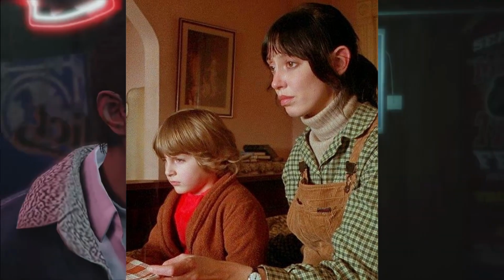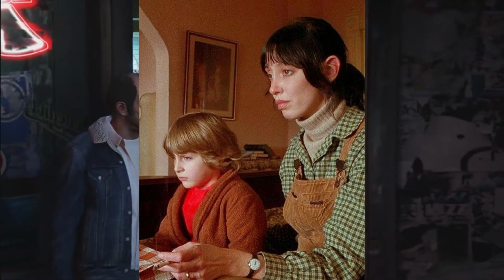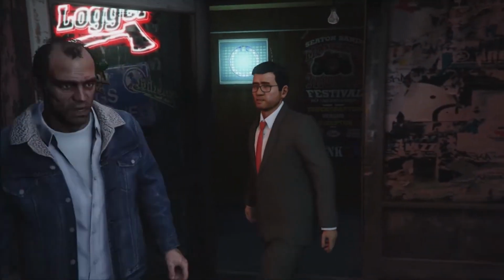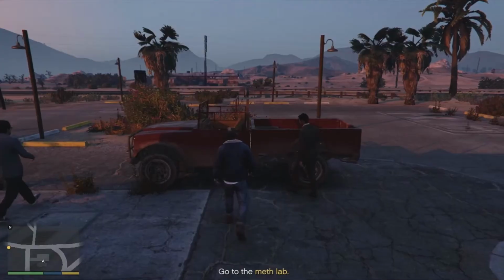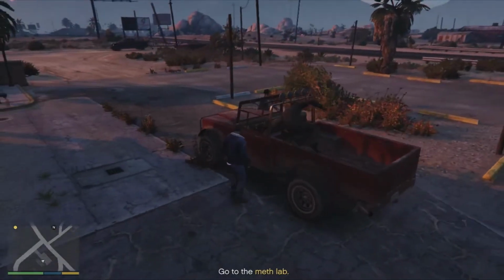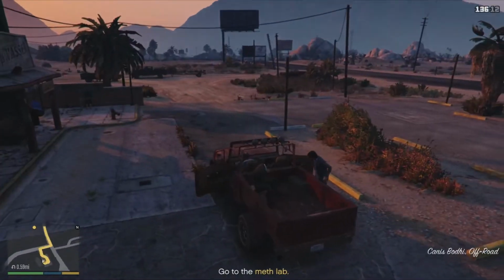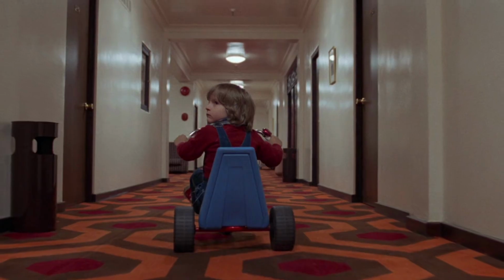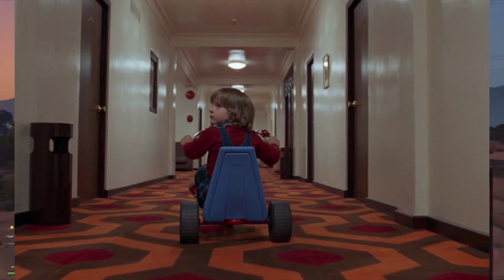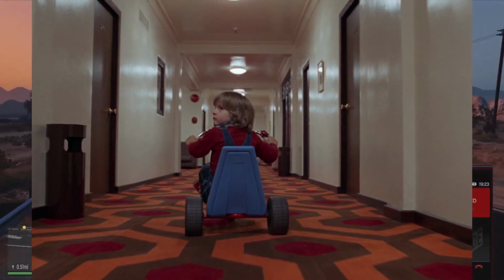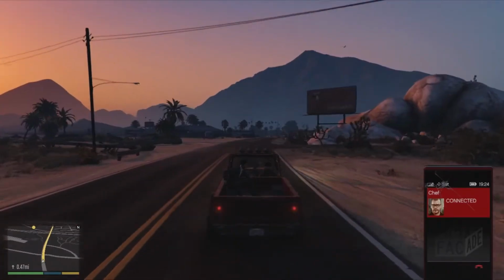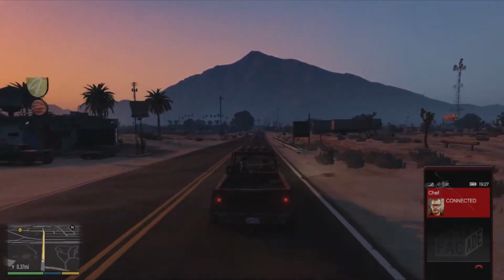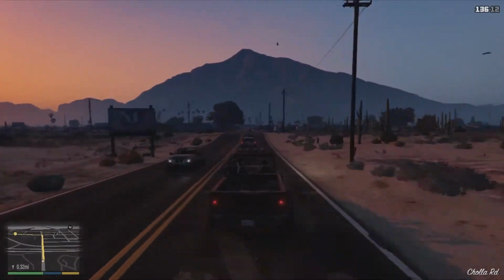The film's technical execution continues to set a gold standard for filmmakers and remains visually breathtaking decades after its release. Kubrick's pioneering use of the Steadicam creates a fluid, gliding perspective that transforms the hotel itself into a living, predatory entity. As the camera follows young Danny's tricycle through the endless, labyrinthine corridors, viewers experience an immersive, claustrophobic dread. Every frame is meticulously composed with unsettling symmetry and shifting geography, intentionally confusing the audience's spatial awareness to mirror the